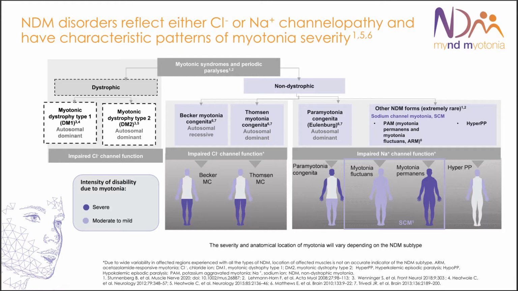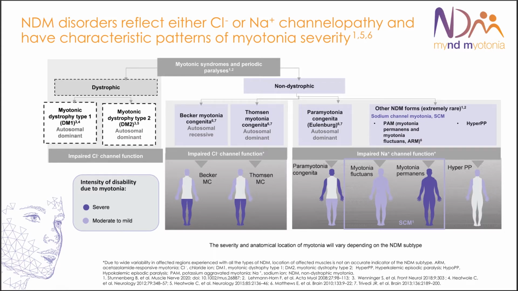So this has been excellently presented by Giovanni. Remember that when we have a myotonic syndrome, we can divide this into dystrophic, which are myotonic dystrophy type 1 and type 2, both autosomal dominant, and non-dystrophic myotonic syndromes. Here we have two main problems: impaired chloride channel function or impaired sodium channel function. We will talk later about impaired sodium channel function, but here I think that this is a nice picture